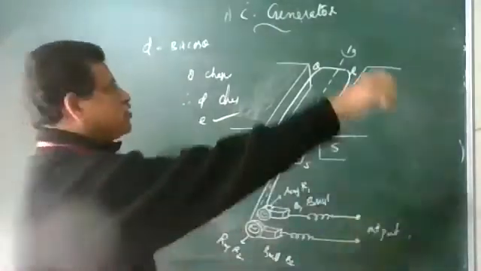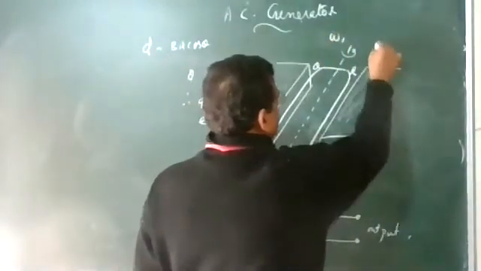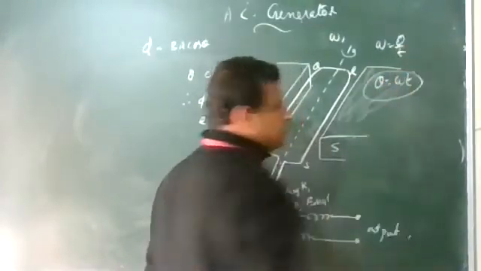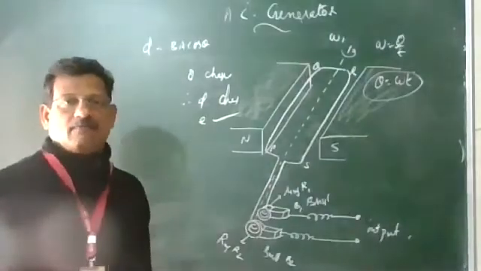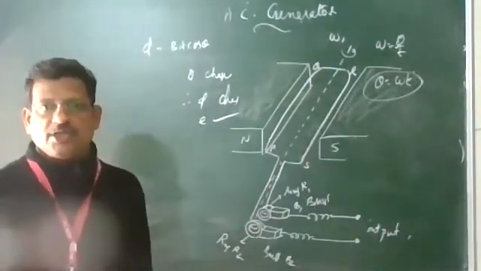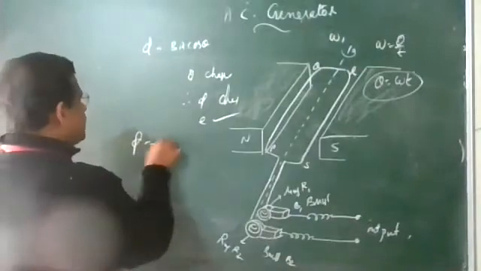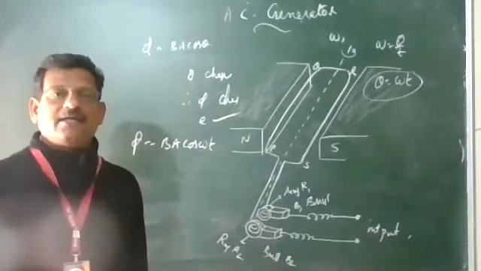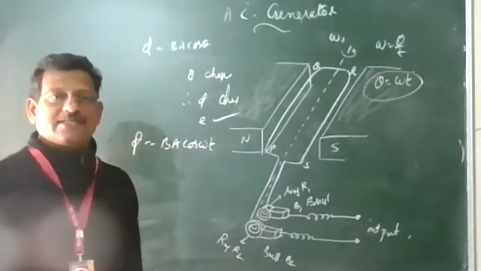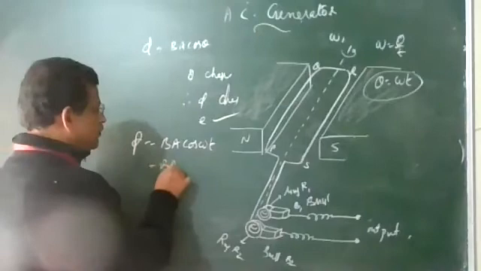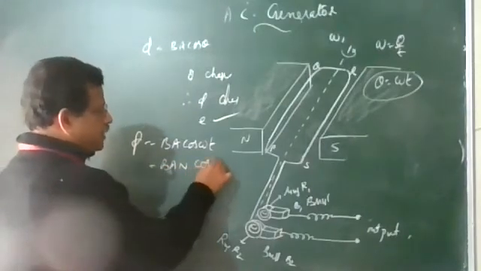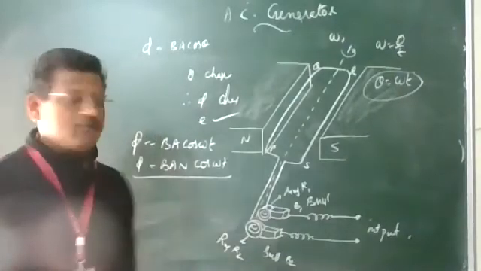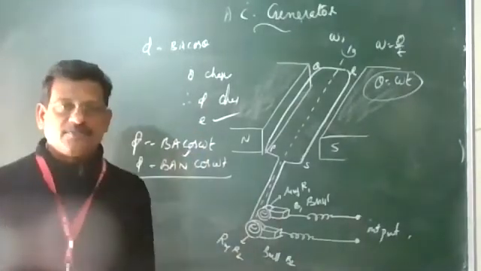Suppose it is rotating with constant angular velocity omega. Omega is equal to theta by t. At any time the angle is omega t, the angle it makes with the magnetic field direction. So phi can be written as BA cos omega t. If the coil has N turns, it will be BAN cos omega t. Total flux, because N turns are available, is this.